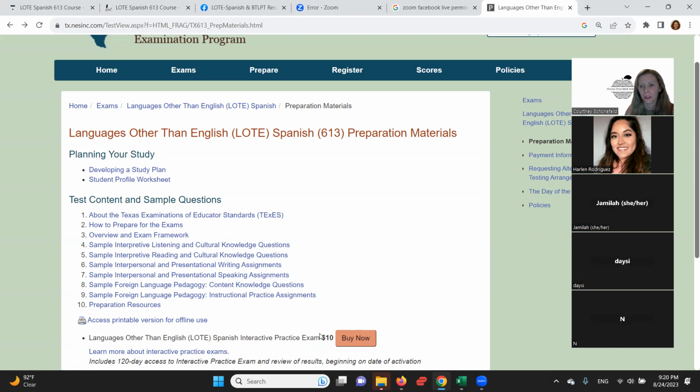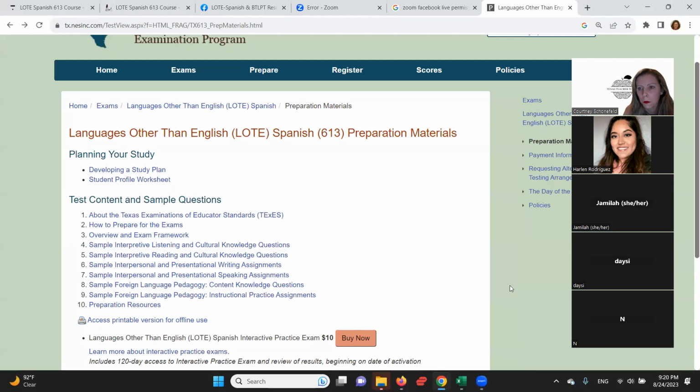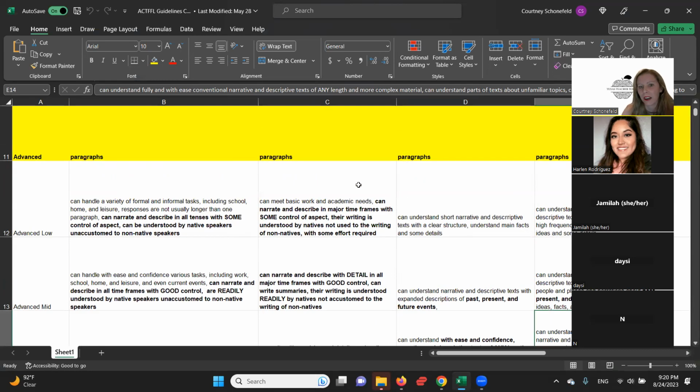I have a question. Yes. I think I remember seeing the word tense, which you said had to do with the time frames, and then there was another word, aspect. I don't know if I remember what aspect means. That basically is how much control they have, with some control of aspect, meaning how much control they have over